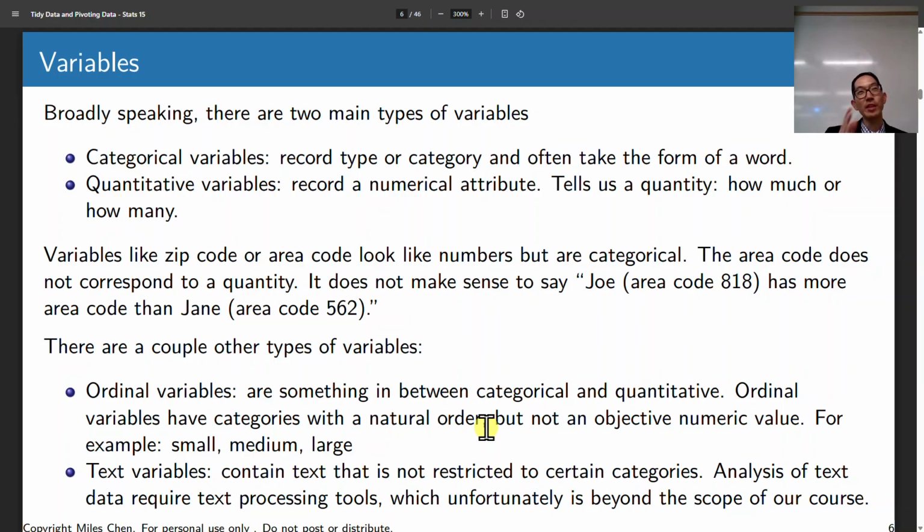And so there is a natural order. We would expect extra large to be bigger than large, bigger than medium, bigger than small. And you can say something like, I'm 2 sizes larger than I was 10 years ago, right? But it's not like this universal agreed upon thing